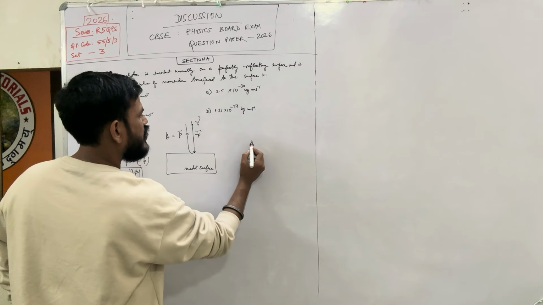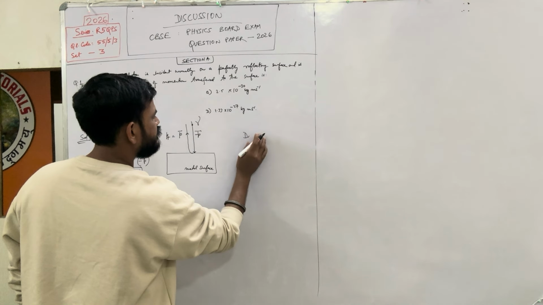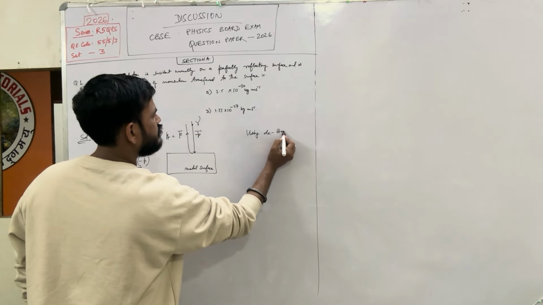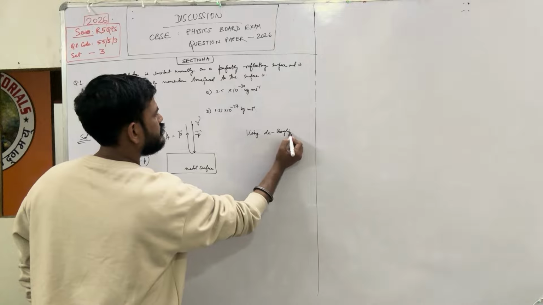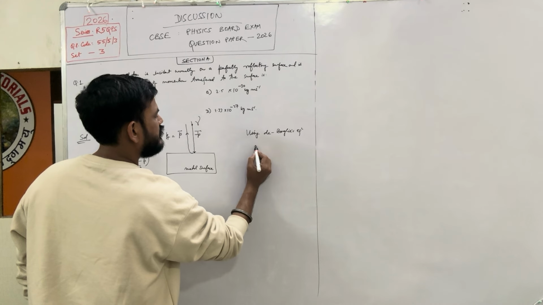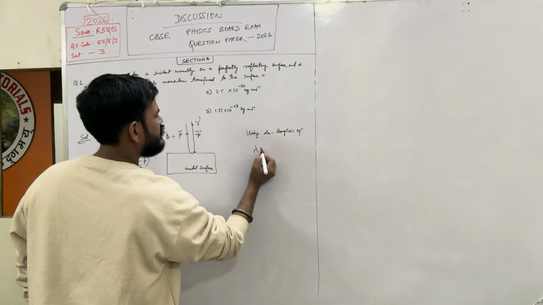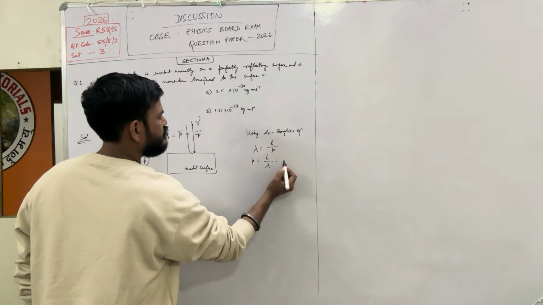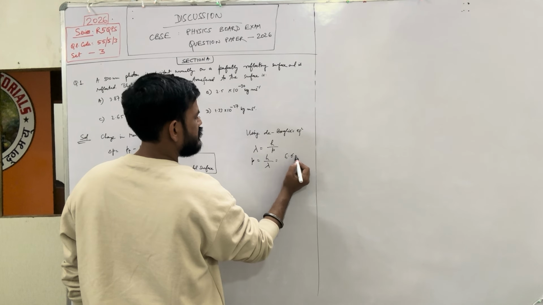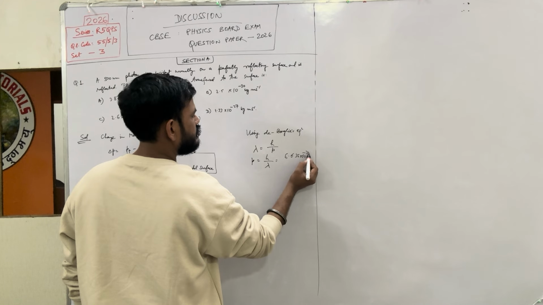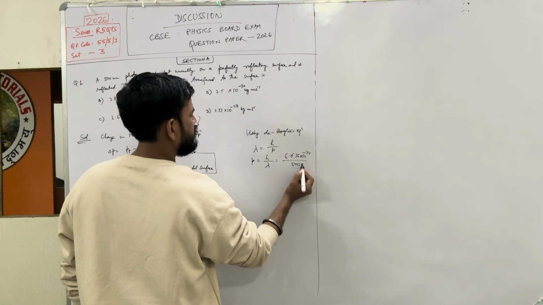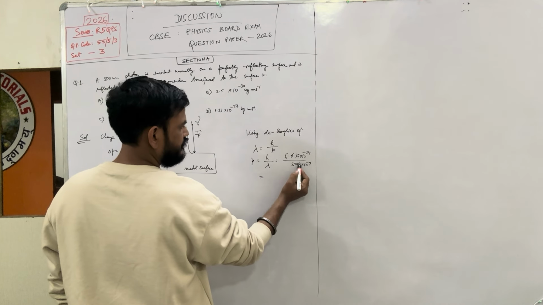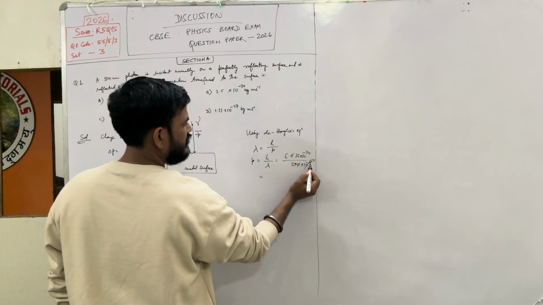Now, what is the momentum? We use de Broglie's equation. Lambda is equal to h by p, so p will be h by lambda. So put the value, 6.6 into 10 power minus 34. Lambda is 500 into 10 power minus 9 meter. So if you solve it,